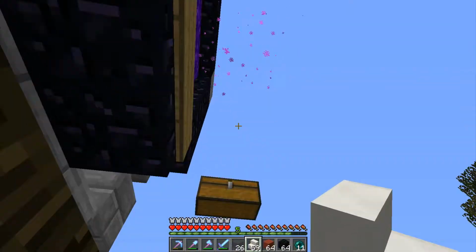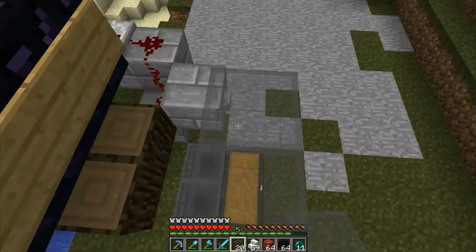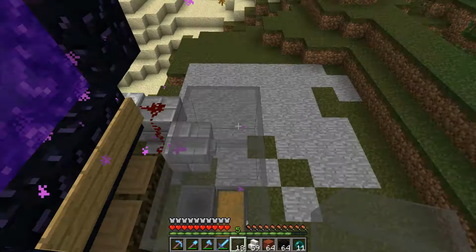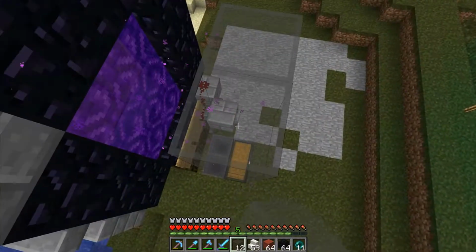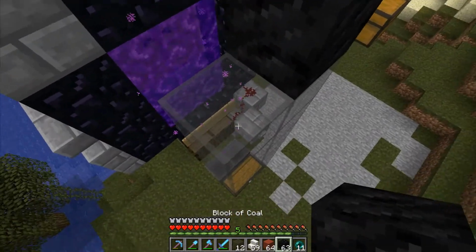and this is going to be in the usual spot where we had it the last time. This is going to be the same. I really like this colour as well. I like the way you can see through it very easily and stuff. This goes up to the top of the portal,